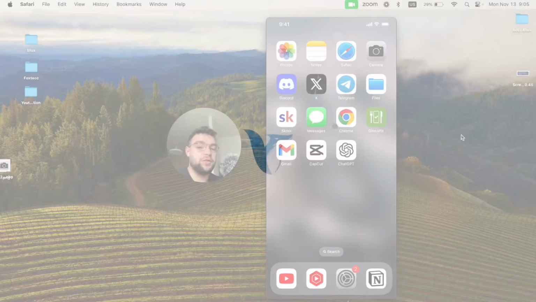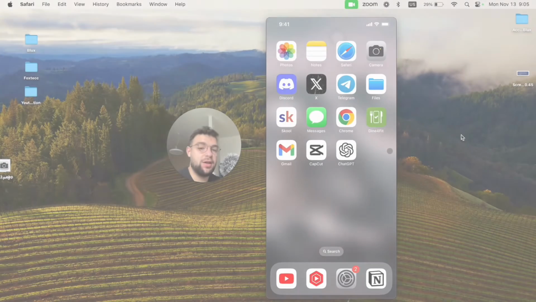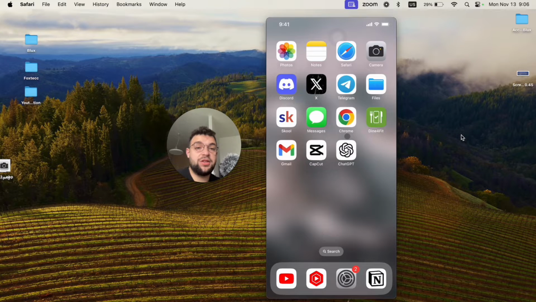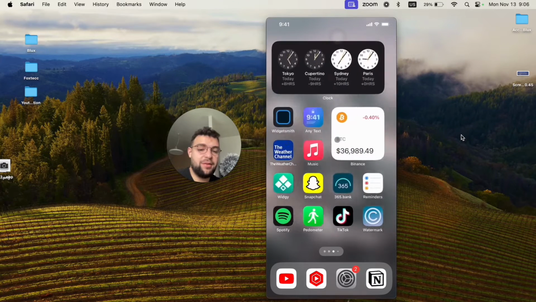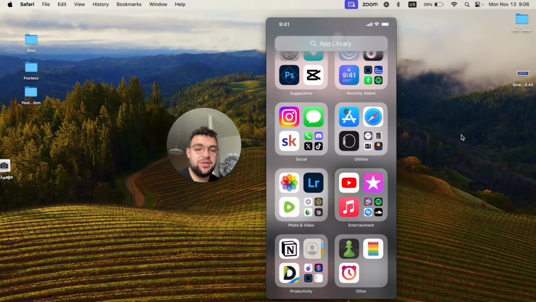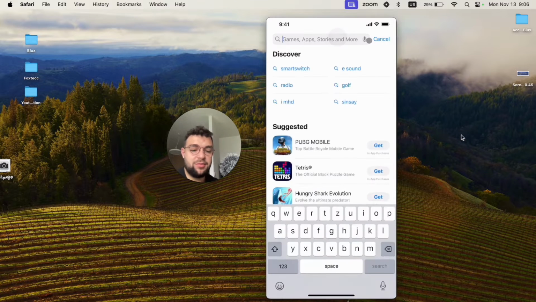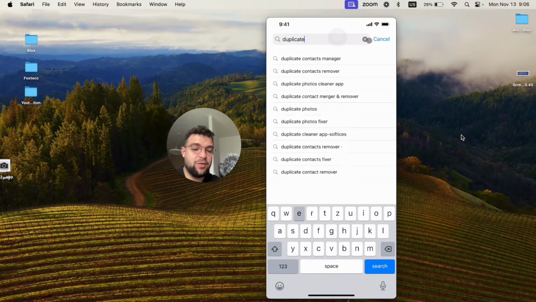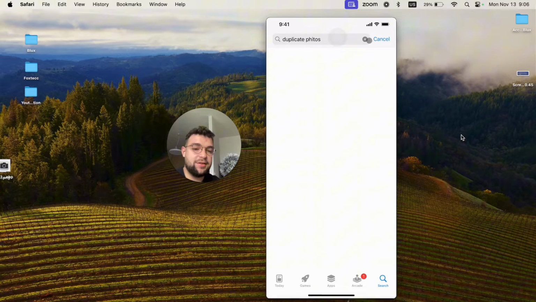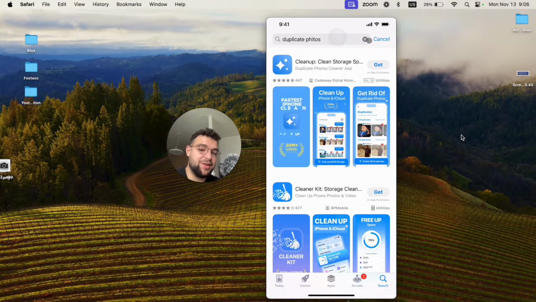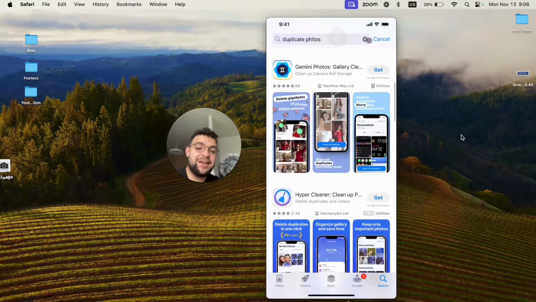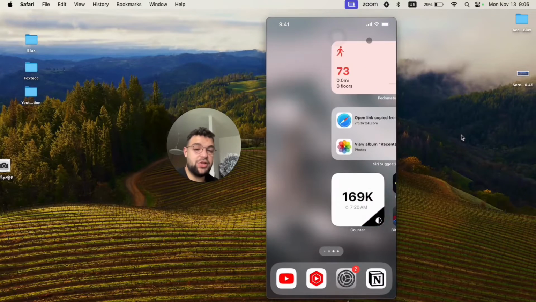Now, how do you filter duplicate photos on iPhone? It's pretty simple to do. You don't really need any third-party solutions for that, but I believe there are some available. I mean, let me just check it out really quick. There are probably some duplicate photos apps available. Yeah, there is some cleanup and everything, but you don't necessarily need that, because what you need is